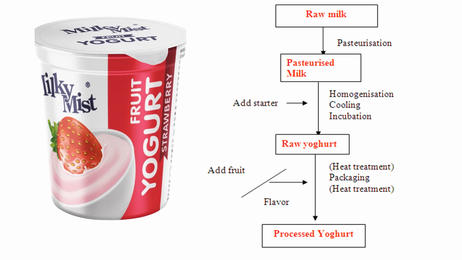The temperature of incubation is very specific here, that is 41 to 42 degrees Celsius, because these two organisms which I have mentioned are partially thermophilic, so a temperature of 42-43 is ideal. After this incubation, within 4 to 6 hours, the yogurt will be ready. So that is raw yogurt. Nowadays, over that, sometimes fruits or flavor can be added, or sometimes the flavor is added at the beginning itself, and sometimes it is further heat treated to make processed yogurt.